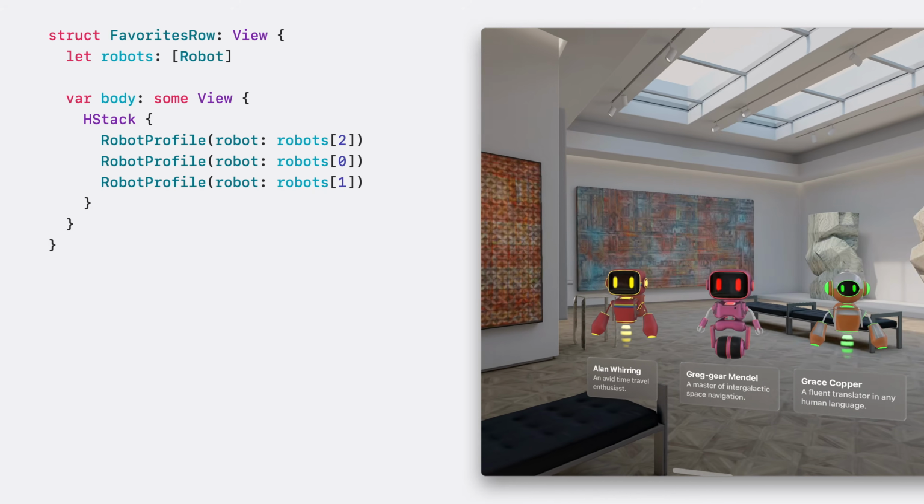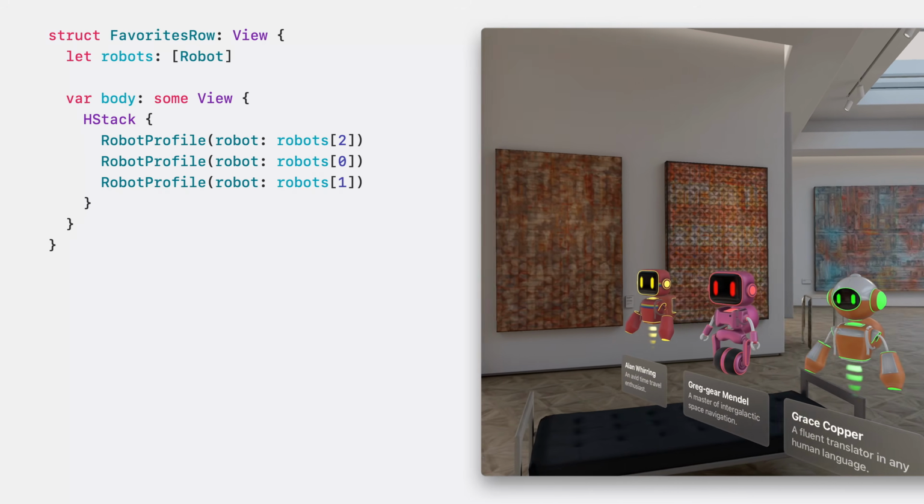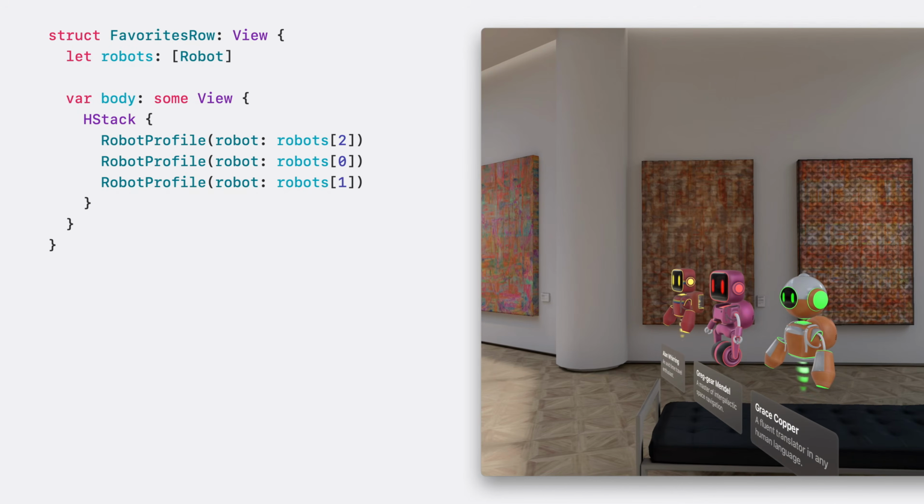Using the standard front, back, or center depth alignments are great if you want one of those three standard configurations. But what if you need something more complex than those behaviors? I've been creating a volume to show my three favorite robots, with three of these robot profile views in an HStack. Greg Gear Mendel is my favorite robot, and I'd like to make it a bit more prominent in this view